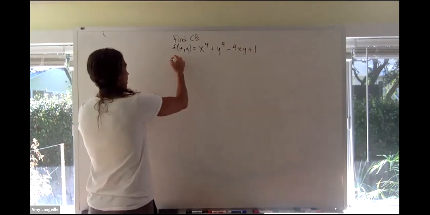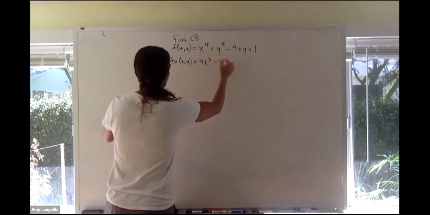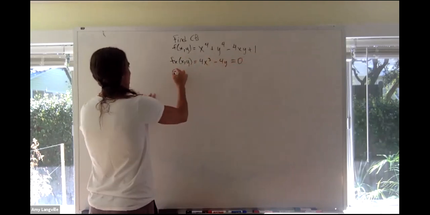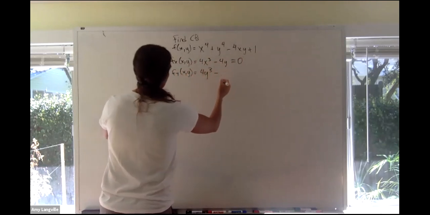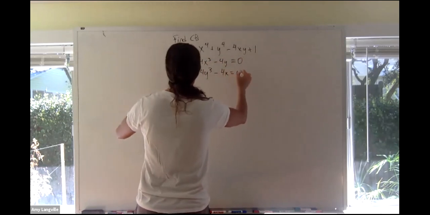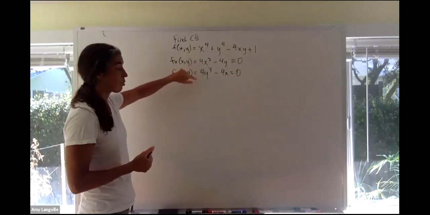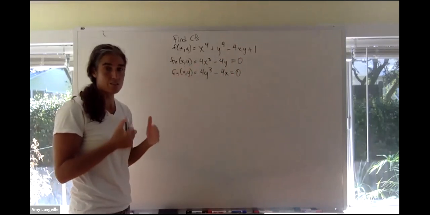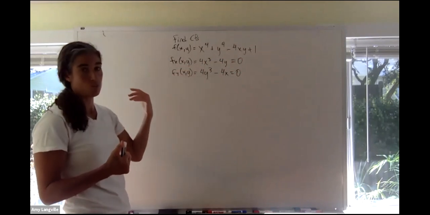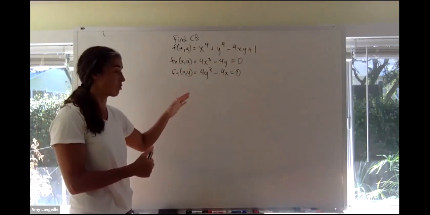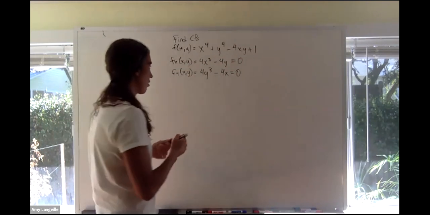So f sub x, no problem. Nice power rules, 4x cubed minus 4y, set that to 0. F sub y, again, nice power rules, 4y cubed minus 4x equals 0. And this is a system, two equations, two unknowns. It's a system of nonlinear equations. They are interlocking because you can't just quickly pull off values of x and y, but what makes this one a little bit easier,